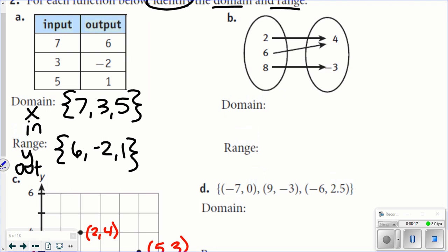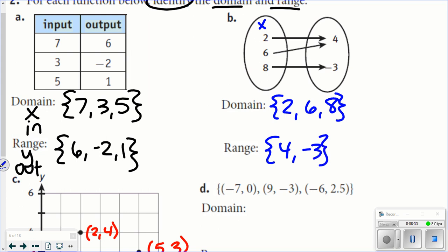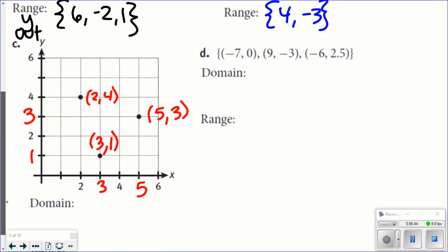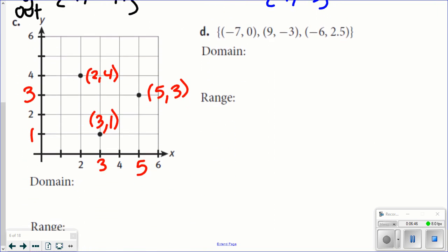So question B, 2, 6, and 8. Those are my domain values, my inputs, my X's. My range, my output, 4, -3. Yes, there are 2 arrows going to 4, but I don't have to write it twice. It's already accounted for once. Question C,